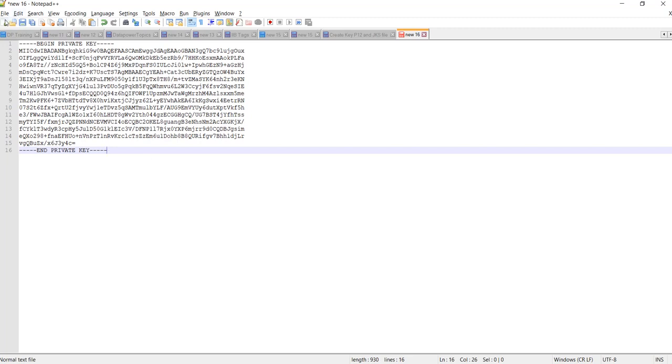So let's save this file first. Be very careful while copying this private key or the certificate file, because if your private key is corrupted, you will not be able to regenerate it if it's not available in your temporary folder. So be very careful while generating these key files. Let's save it.